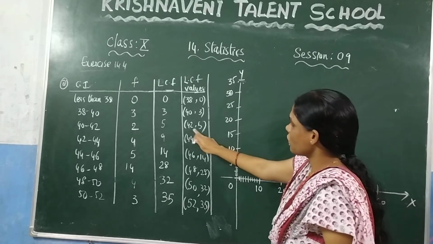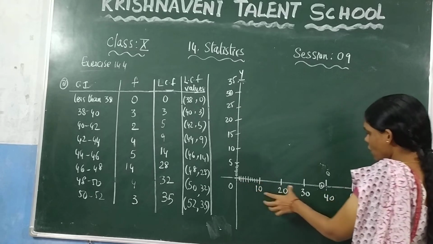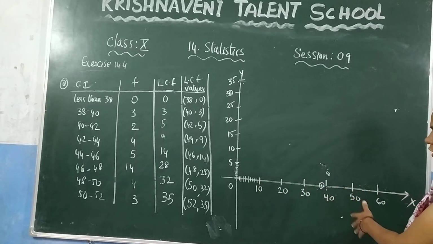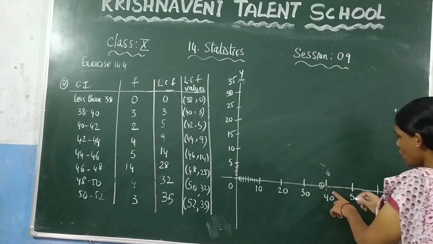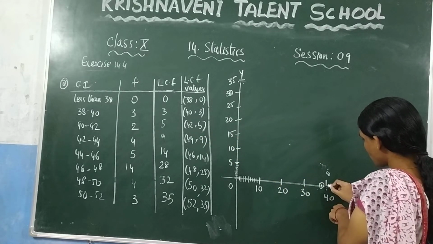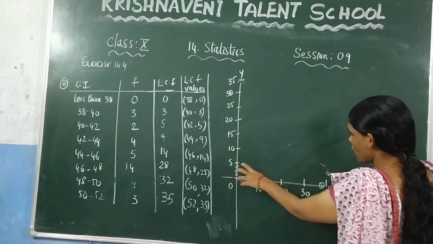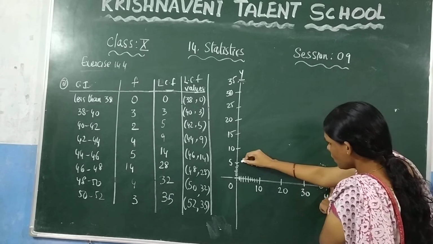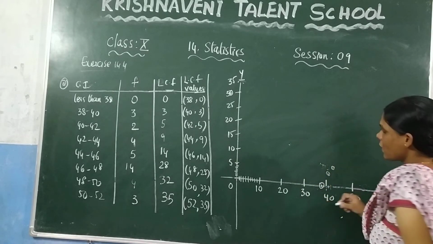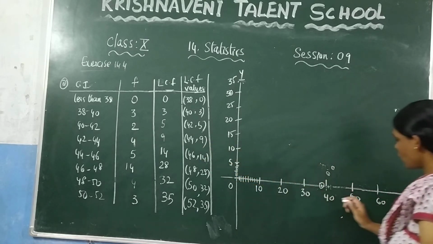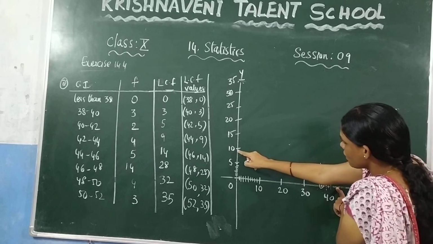Now the next one, 42 and 5. If you take the length as 5, it will be very clear. 5, 10, 15, 20 to take, it will be clear. Now 42 and 5. 42 will be somewhere between 41 and 43, and the y coordinate value is 5. So you will get 5 here, right? Now the next one, 44, 9. You will get 44 somewhere here, and 9 will be here.